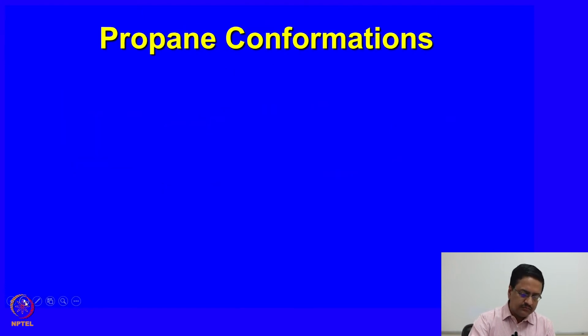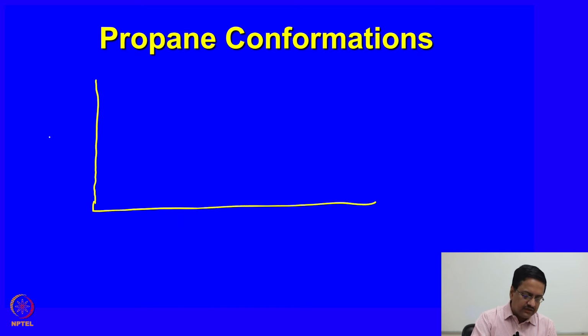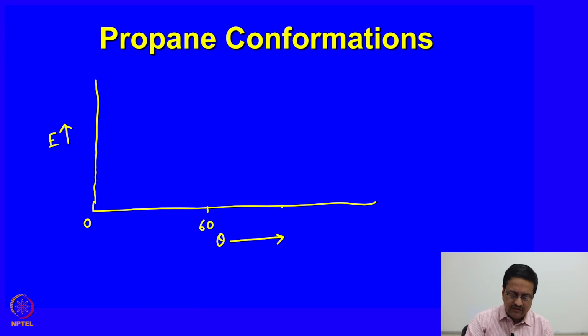So, if we try to draw the potential energy diagram, I will not draw for all the possible conformers, I will just draw 3 of them. Energy is plotted in the y-axis as usual, and the dihedral angle theta is plotted in the x-axis, and we will draw the positions with 0, 60, 120 and so on. So, when it is 0, as we have seen in the previous slide, the energy is higher. When it is at 60 degree, the energy is lower,